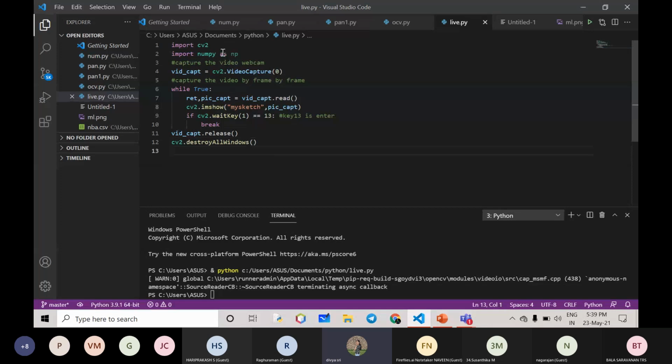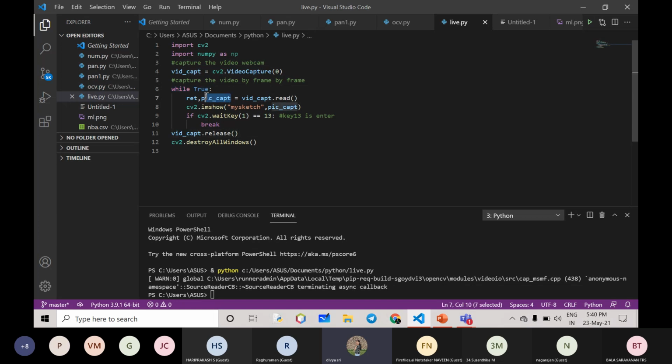I will explain it once again. First we imported cv2, then we imported NumPy as np. In order to capture the video, there is a function called cv2.VideoCapture. This function captures the video and we store it in the video capture variable. Now we are going to capture the video frame by frame. In order to get the video frame by frame, we write this while block. While True, we allow the compiler to execute this block of statements.